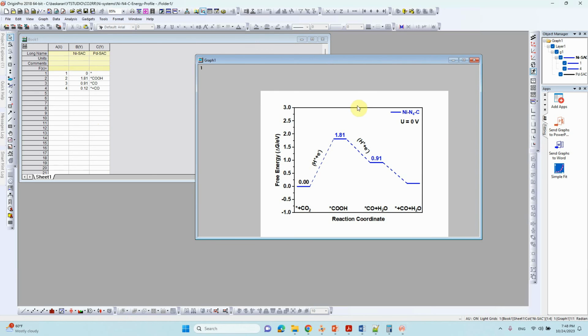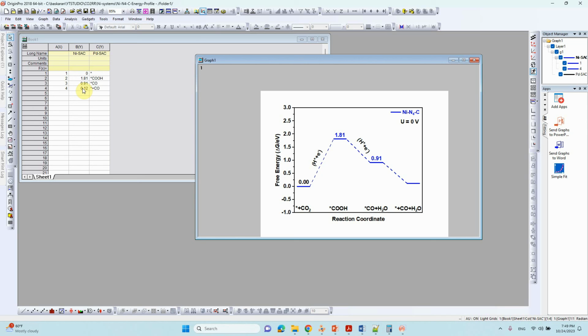I plotted it. Just put in your energies. First put 0.0, where we will start. Then you put the second value, 1.81, that is COOH formation. The third one is the CO formation. The fourth one is